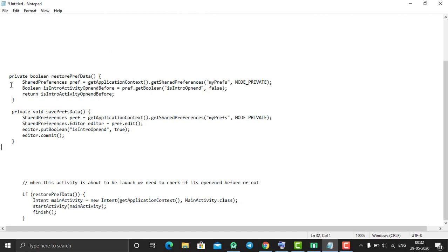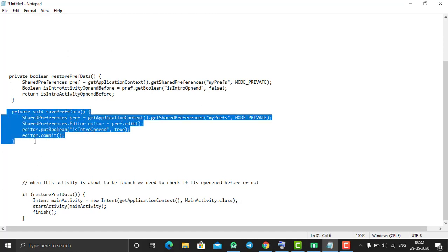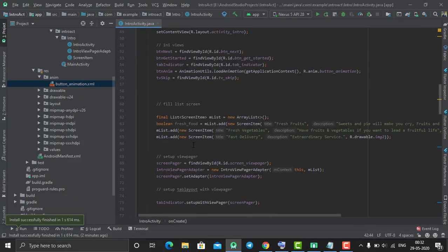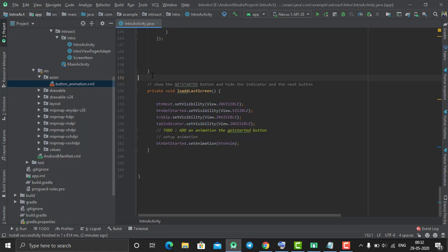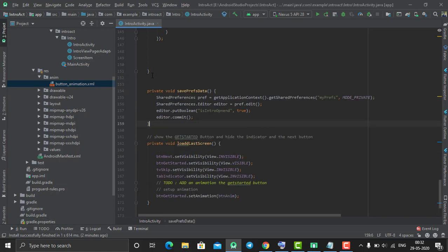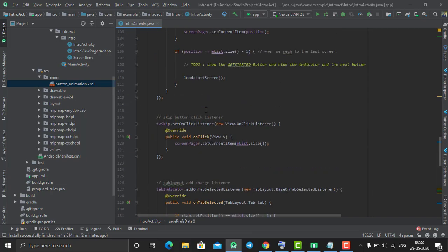So for this we need to save our shared preference, right? Take this function and just put it into our activity. It is going to save the shared preference. What I am doing here is creating a shared preference using this syntax, and this is the value which I am going to store in my shared preference. I created the editor, put one value, and committed it into my shared preference. Now call this function from our onCreate method.